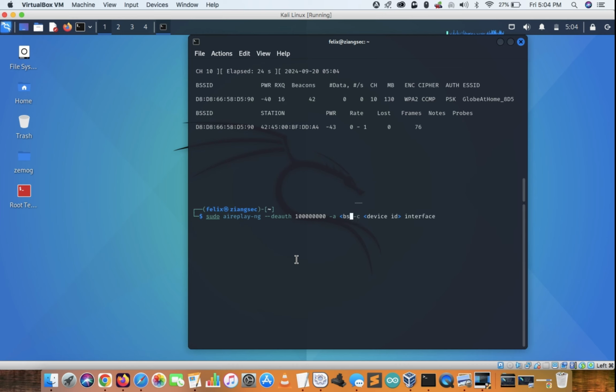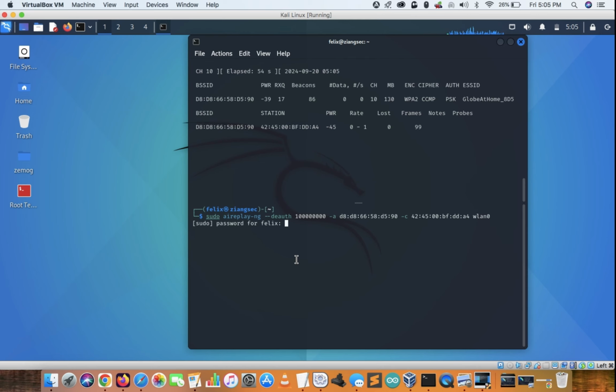Okay, so the BSSID is D8, 66, 58, D5, 90, and the device ID is 42, 45, 00, BF, DD, A4. Then the interface, wlan0.